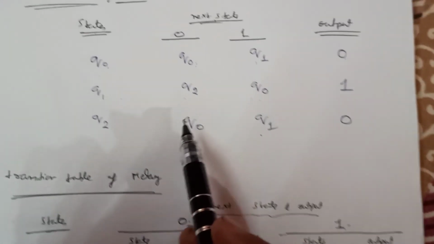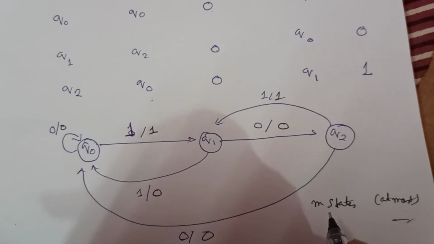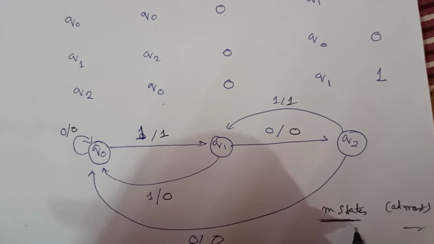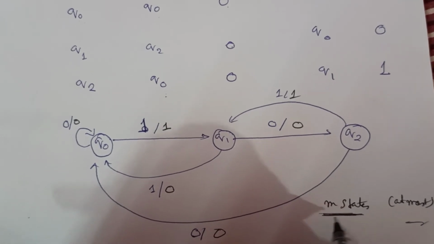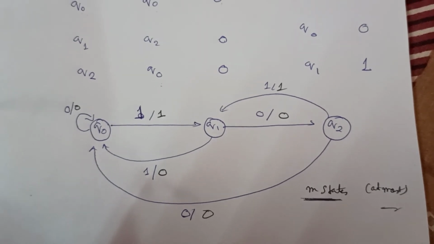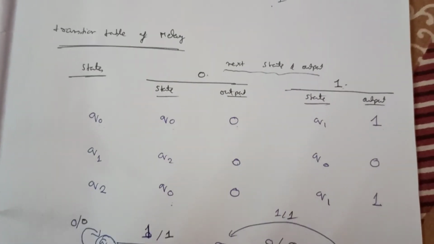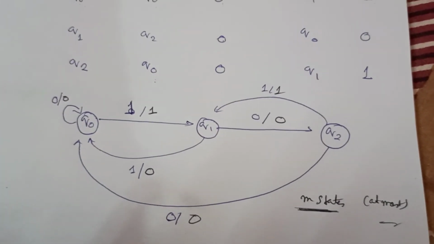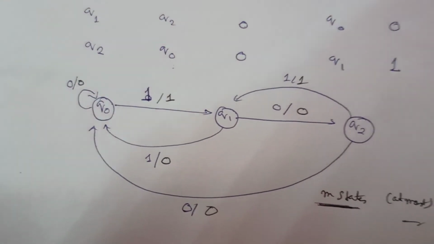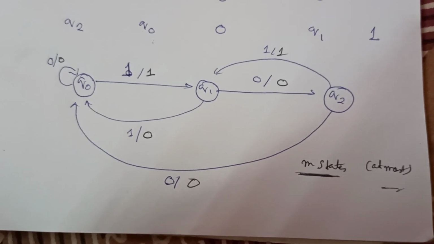If there were m states in our Moore machine, there must be at most m states, and there cannot be more than m states, in our Mealy machine. So that's it. I guess you understand how to convert a Moore machine to a Mealy machine, and how to do the opposite, that is, how to convert a Mealy machine to a Moore machine. We will learn that in our next video.